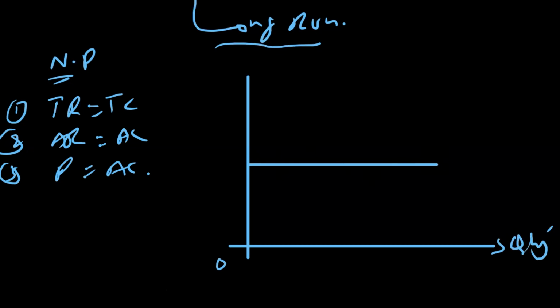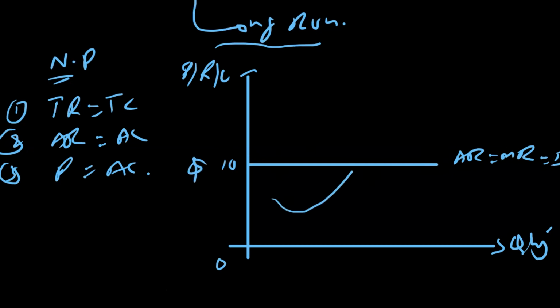So we have quantity on X. We have three variables on Y: price, revenue, and cost. This is price, revenue, and cost. And this is average revenue and marginal revenue and demand. That is like $10 price here. And again, we have to make the marginal cost curve. This is the long run marginal cost curve, and equilibrium here will take place at point E, where equilibrium quantity is